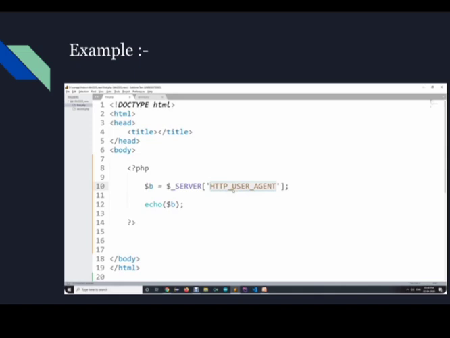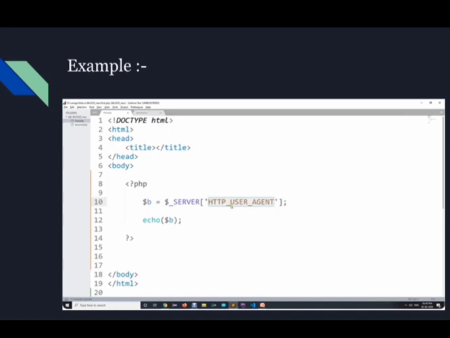Now look at a simple example of how we write browser detection code in our HTML.